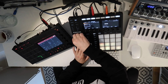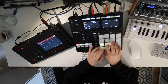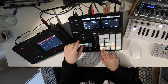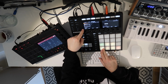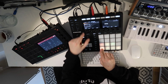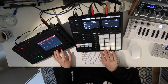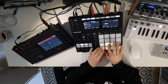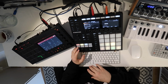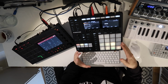Yeah, maybe I want to go up a little bit in pitch here. This one doesn't really fit in there. Let's try to raise it from -2 semitones to 12 up, which means +10, right? That might be something. One semitone down. Well, I think this is kind of nice. I could pick one of the other samples as well, but this one works pretty good, and for now, let's